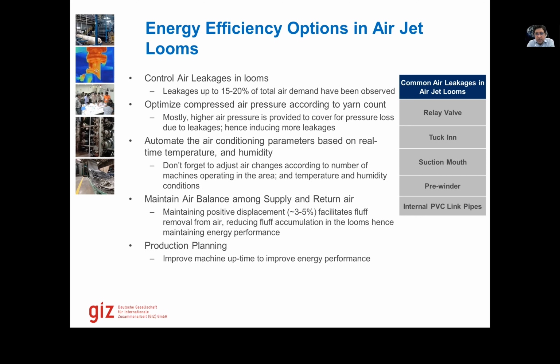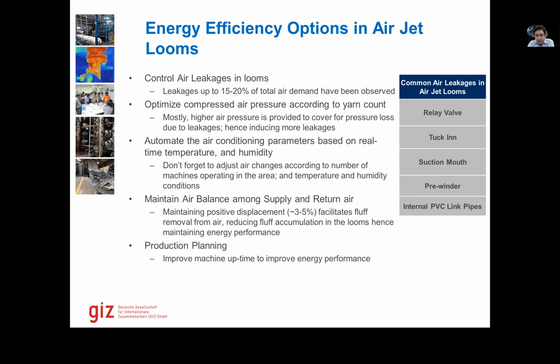Then air conditioning and ventilation parameters can be automated similarly to what we do in spinning. In this case, we also have temperature control. So we have chillers usually, which are cooling down. And in some older companies or smaller companies, they do not have a temperature feedback loop to the chillers. If you provide the feedback loop here, the chillers can also be optimized. And then in a similar way, we can optimize the air balance in the weaving as well, like we discussed for the spinning. And then production planning.